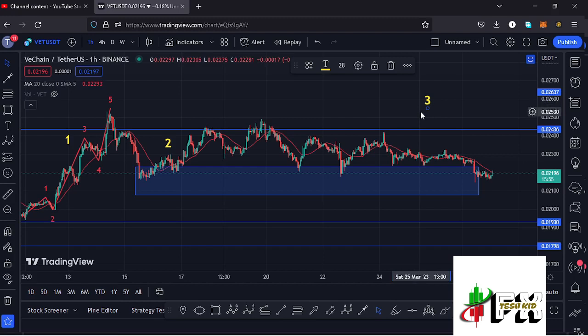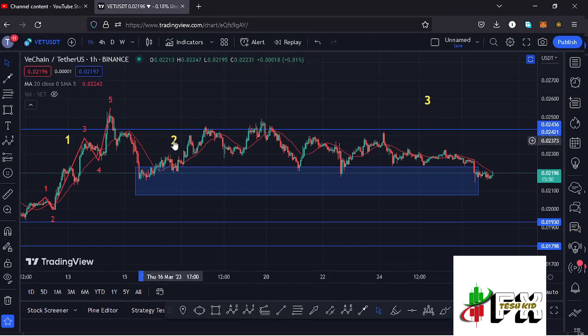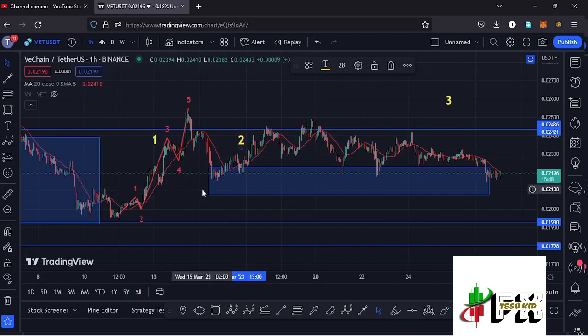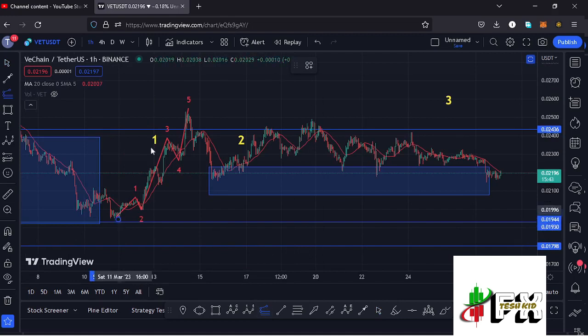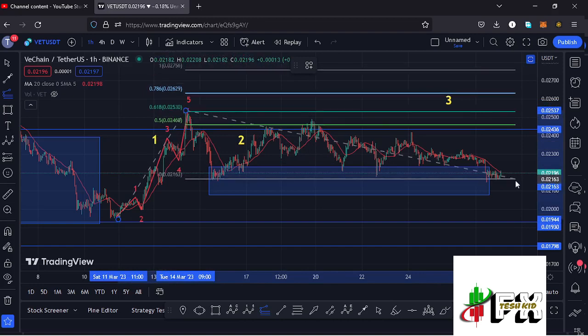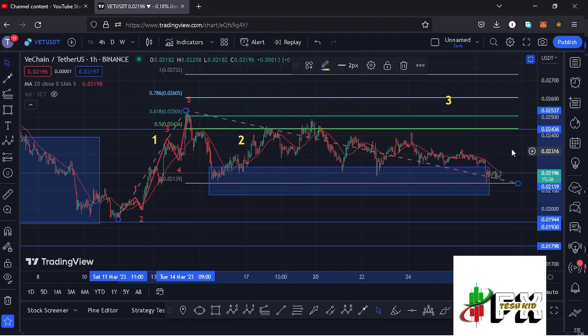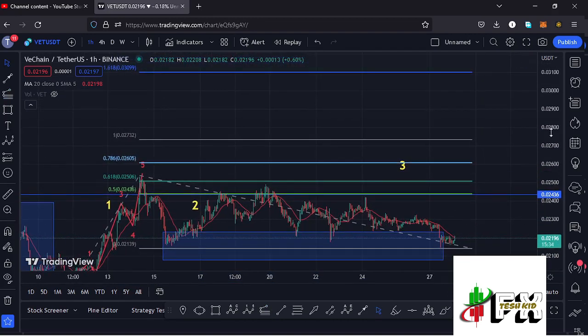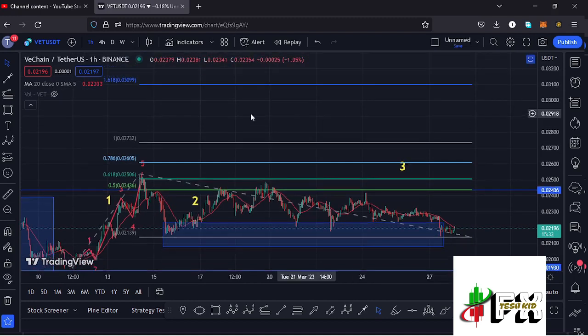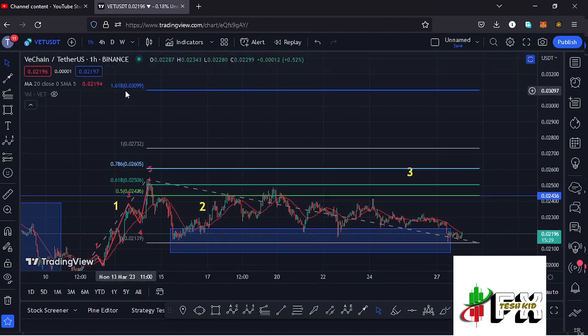And assuming that Vechain is not going to give us one more leg down in the formation of this wave 2, we can sketch out a target area to the upper side in the formation of that wave 3 by connecting the trend-based Fibonacci from the low of the first wave to the high of that wave 1, then dragging the fibs to the low of the second wave, and that now gives me a minimum target area to the upper side in the formation of that wave 3 at the fib level 1.618, and that is at around the $0.03099 mark, and that is the minimum that I'll be expecting this impulsive wave 3 to the upper side to do,